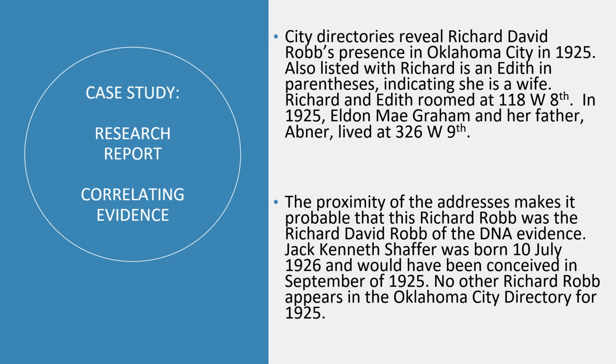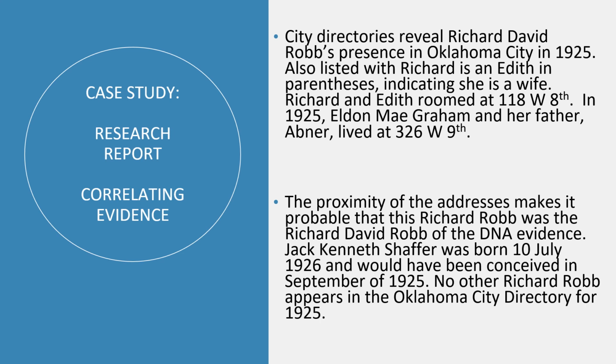So here's a couple of examples from my report. City directories reveal Richard David Robb's presence in Oklahoma City in 1925. Also listed with Richard is an Edith in parentheses indicating she is a wife. Richard and Edith roomed at 118 West 8th. In 1925, Eldon May Graham and her father Abner lived at 326 West 9th. The proximity of the addresses makes it probable that this Richard Robb was the Richard David Robb of the DNA